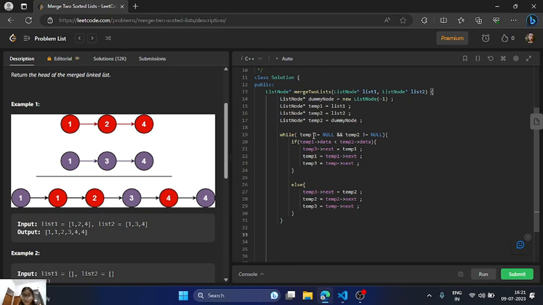Oh, it's temp 1. Okay, so these cases will also be there. Let's suppose temp 1 becomes null. So we have traversed all the nodes of temp 1, but a few nodes of temp 2 will be remaining in this case. Then we have to store these nodes also in our dummy list, which we are going